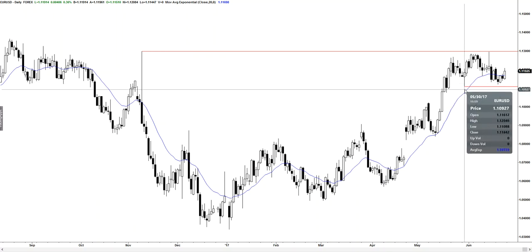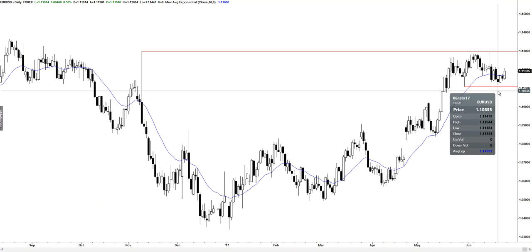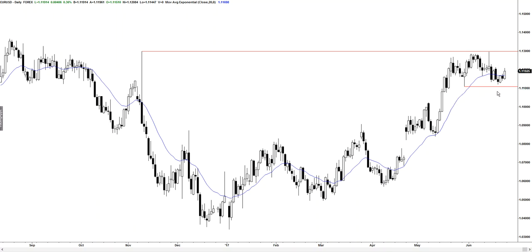So this low was 108. This low was 118. So what's interesting is we almost went above this high, sold off, almost went below this low. I think we're still going to do both. Now, I have to say I will be surprised if we do not fall below this low and we break the upside. The reason for that is